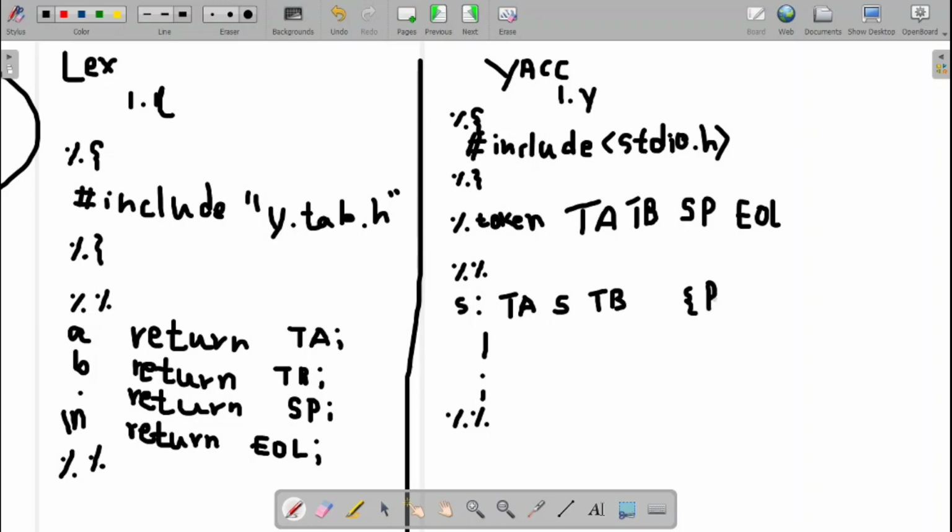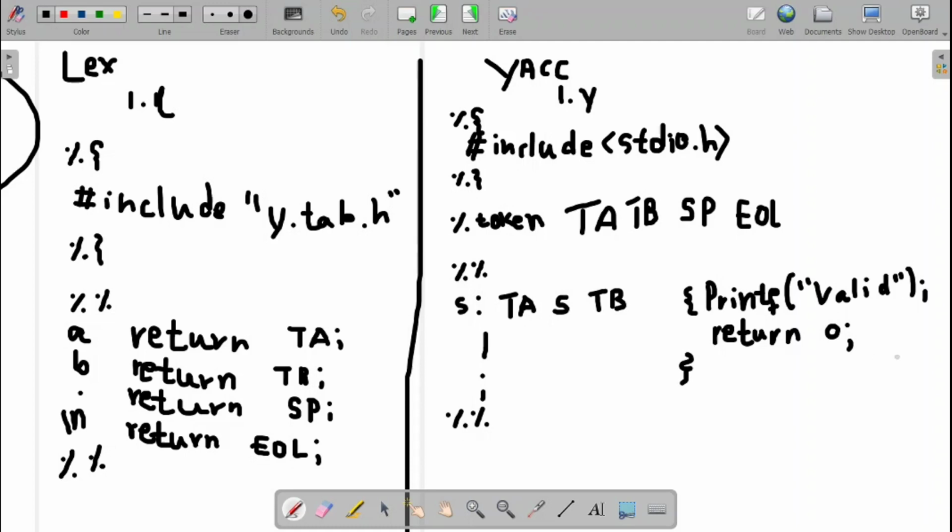Then I will put the statement printf valid. So this is a valid input. Then I will return 0. Then I will close it.